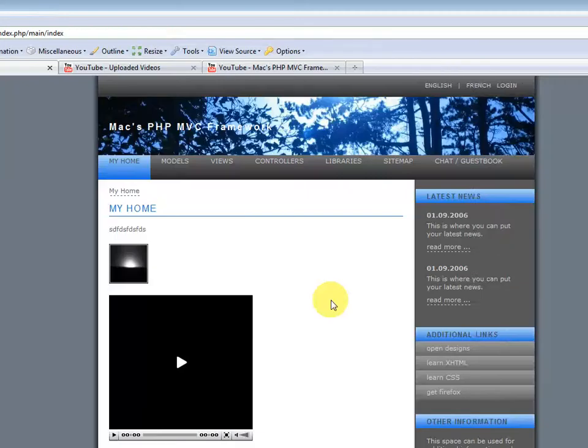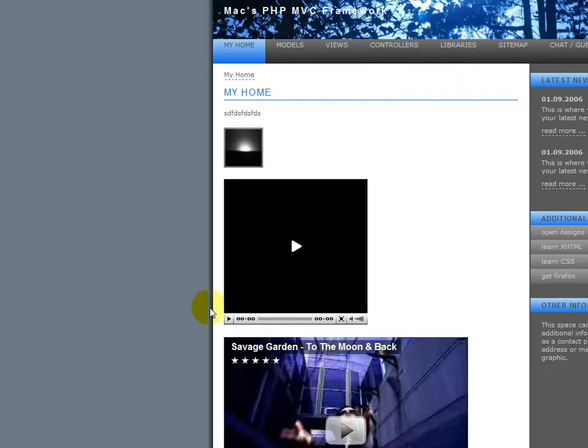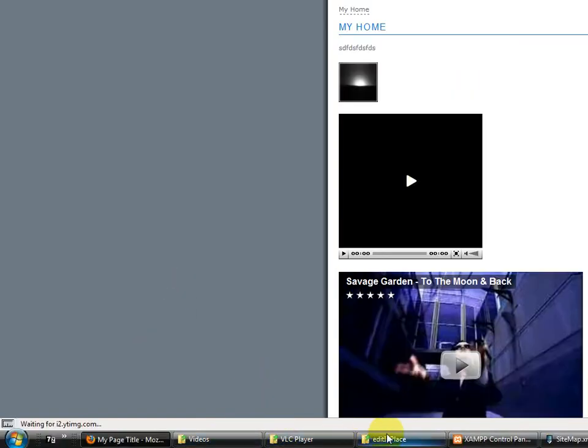Hello everyone. Today I'm going to talk about the localization features that are built into the framework and how you can create your own language, as well as talk about the libraries. These are the localizations that come by default with the framework. In order to create a new language, all you need to do is